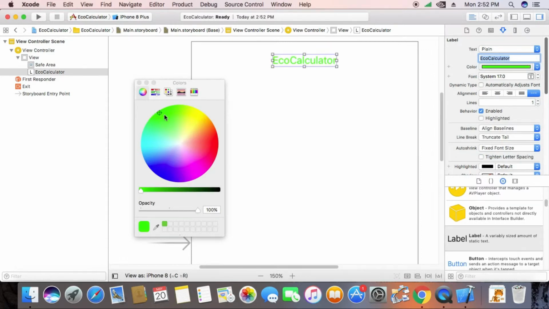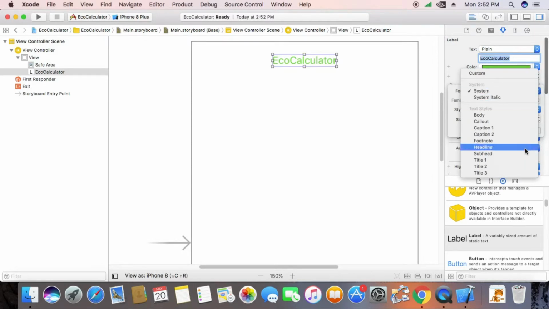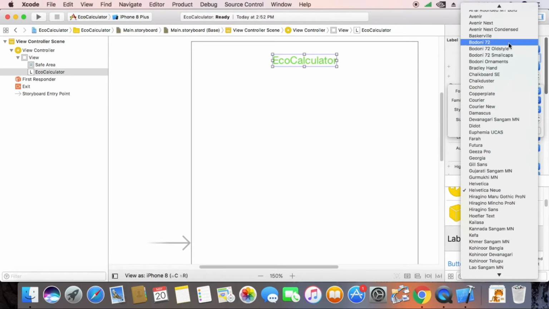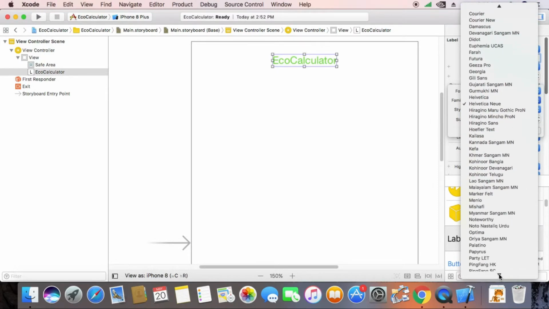We could even choose the color for the text. I think somewhat green would look nice. Yeah, that color green. And we can also change the font settings as we would do in any other application. I'll just set a custom font for that. Say a good one might be